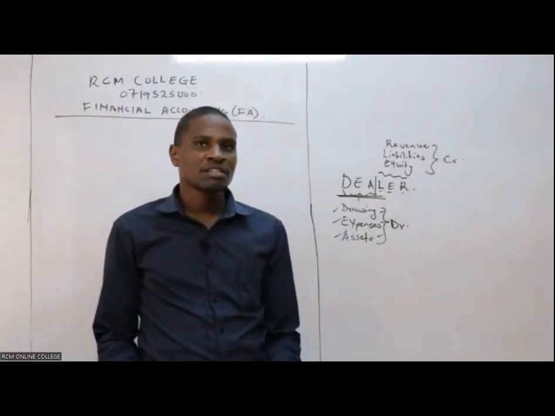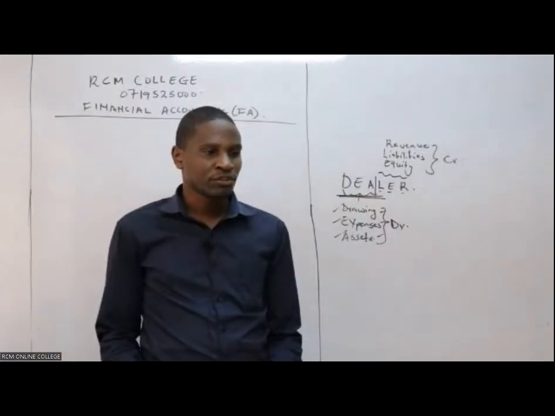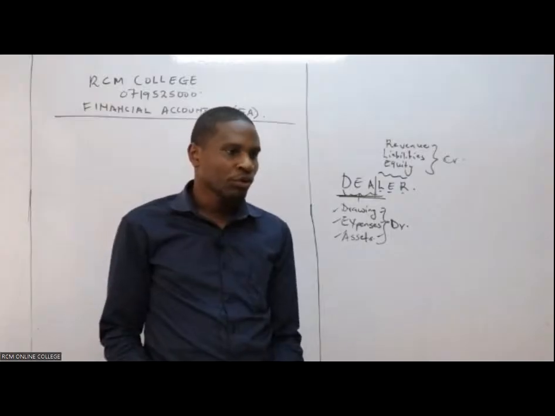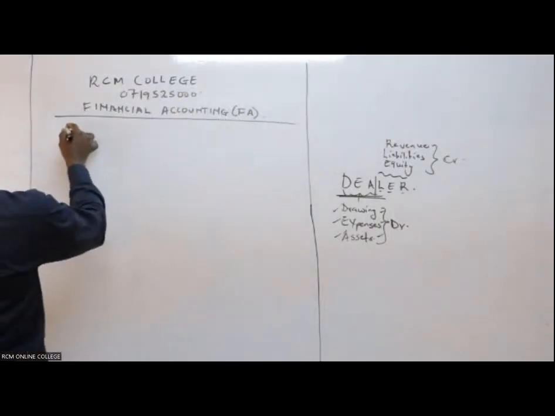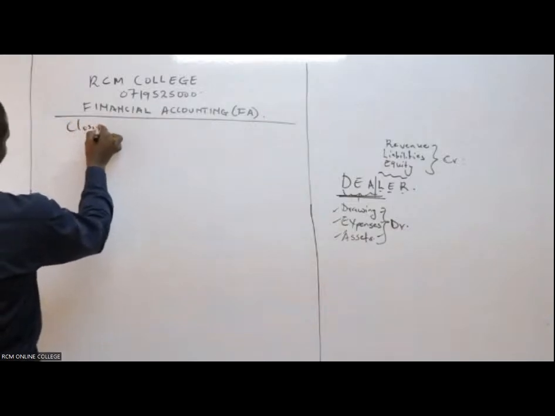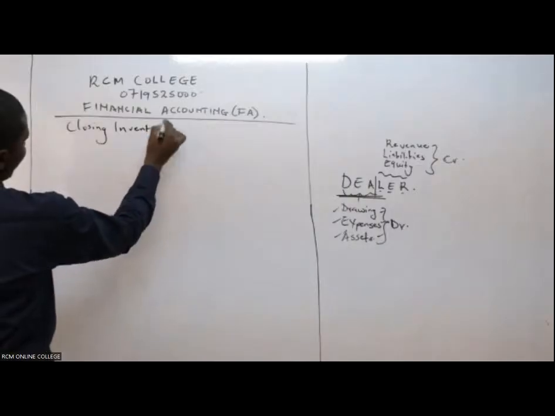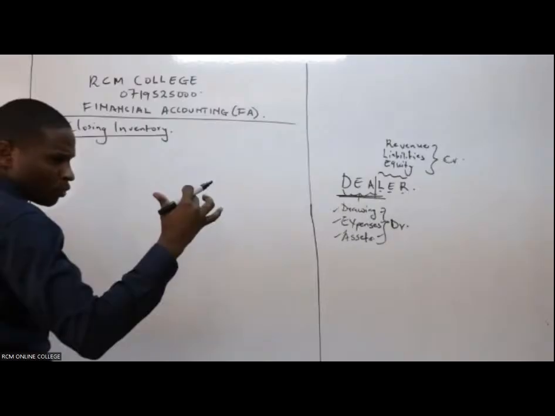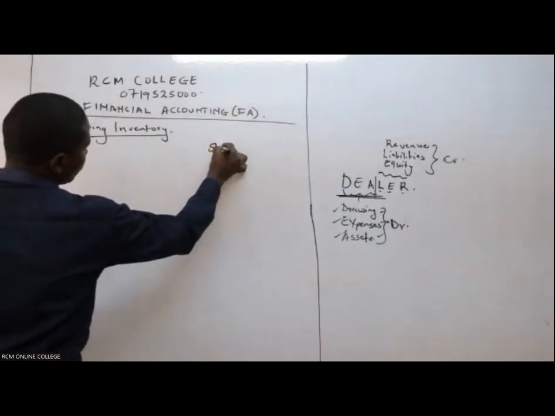The first thing that the examiner wants us to do is to compute what? The closing inventory. So in this case, how do we compute our closing inventory? I'll do it very fast here because I want us to even touch our balance sheet, for the sake of those people we were with in our last class. So shillings to be in thousands here.